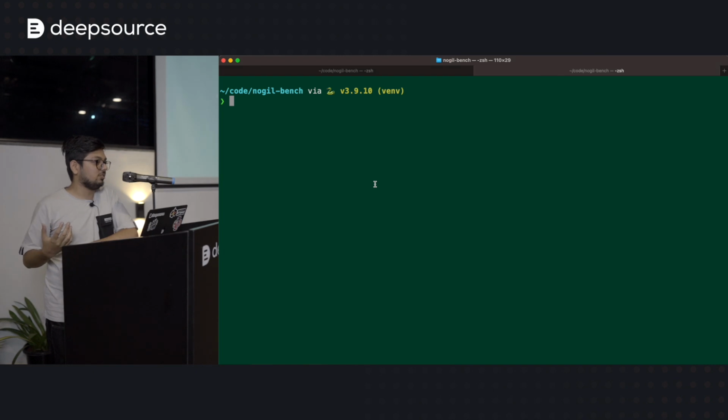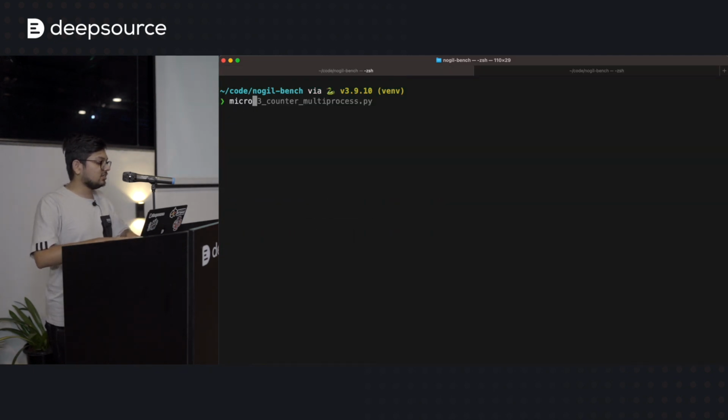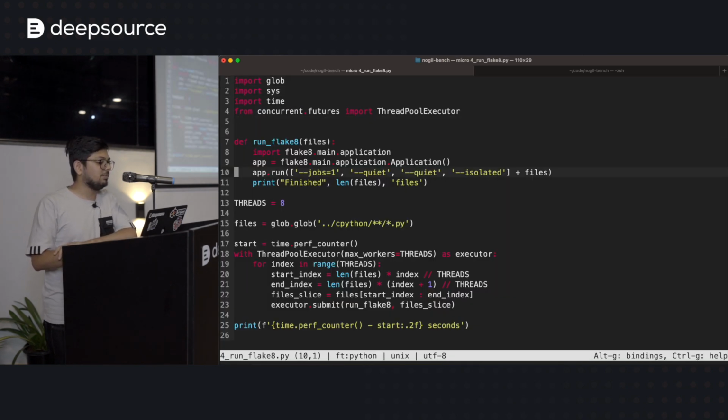It will be a bit faster because threads are faster to start up than taking an entire new process with a new GIL, but the problems still remain.